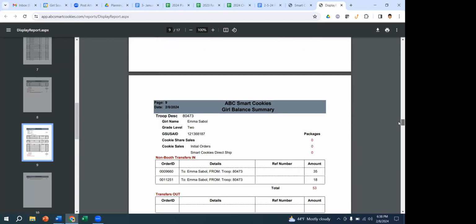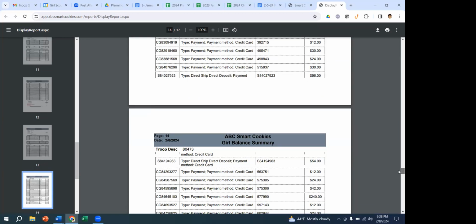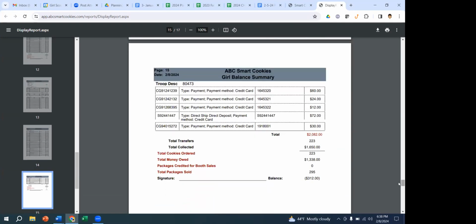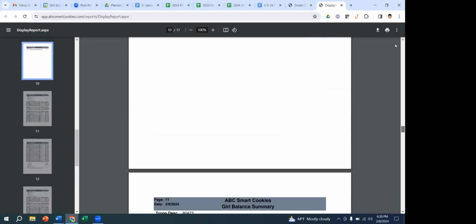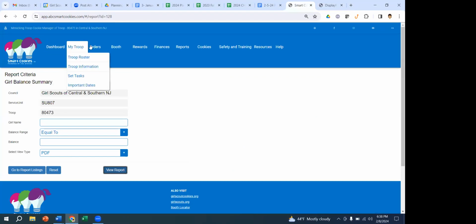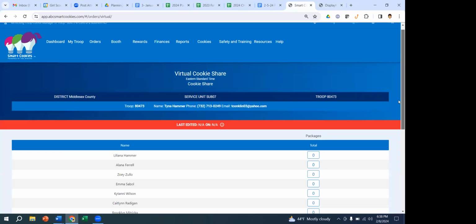Oh, no, that's orders, Emma. Sorry. I just didn't transfer them in yet. Yeah, that's Emma. So this will show all of the credit card transactions for each girl, and like what's owed. I know Lily has a balance. We delivered. I just didn't transfer them in yet. Yep. So then if you go back to the ABC, when I'm not putting in the 27, I'm putting in the 26. 26, exactly. Yes. So that's how you can see if anything